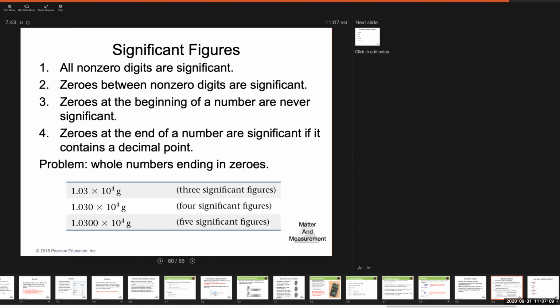Because of number 4. Yep, because of number 4. Zeros at the end of a number that contains a decimal point, in this case it's 1.030, that is significant. And it's the same reasoning on the last one, 1.0300. So what that's telling us is that even though those are zeros on those second 2 examples, and so essentially